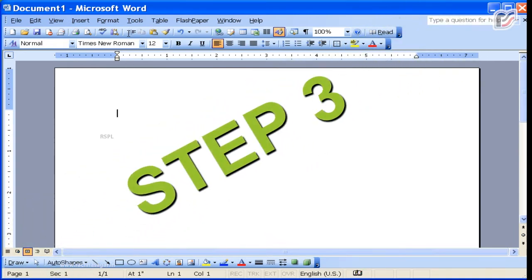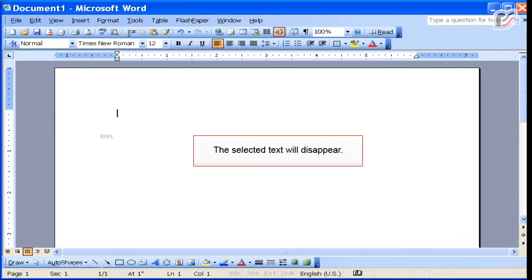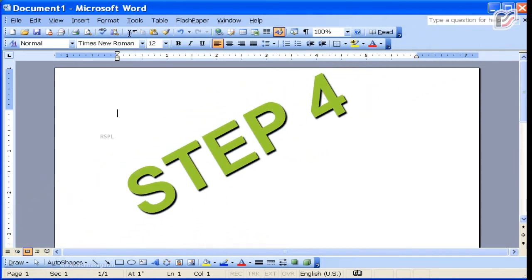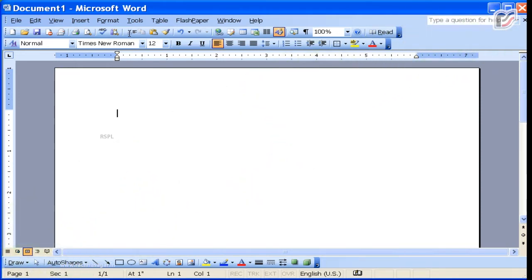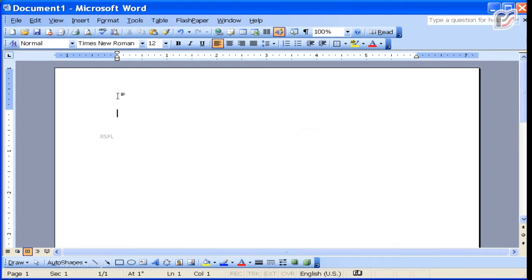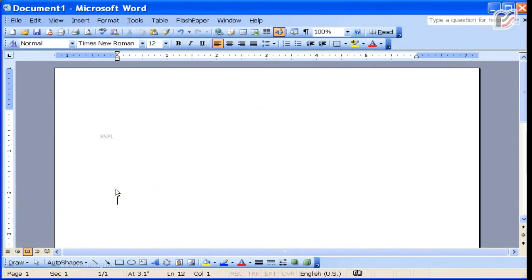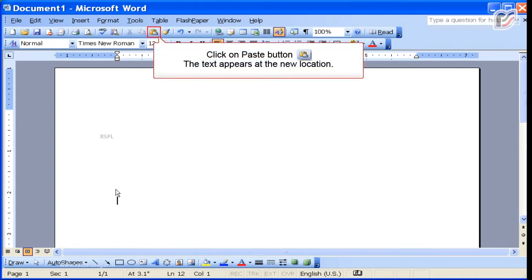Step 3. The selected text will disappear. Step 4. Place the cursor at the place where the text is to be inserted. Step 5. Click on Paste button. The text appears at the new location.